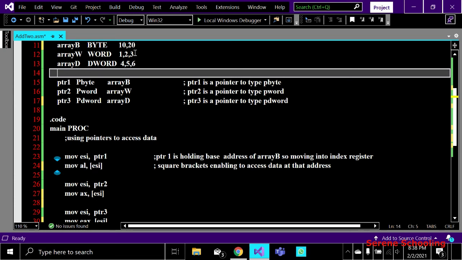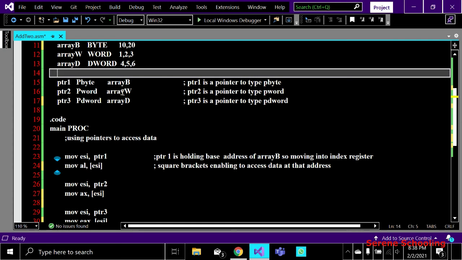Suppose I want to access this second element, right? But we know that index starts from 0, so this is at the first index. So if I want to access this one, I have to write ESI plus 1, right? Now suppose I want to access the first element of this array w. Which pointer is pointing to this array? This ptr2 is pointing to the array w.